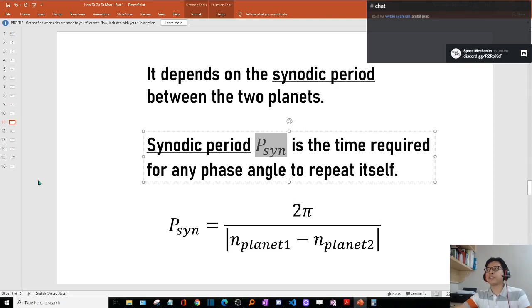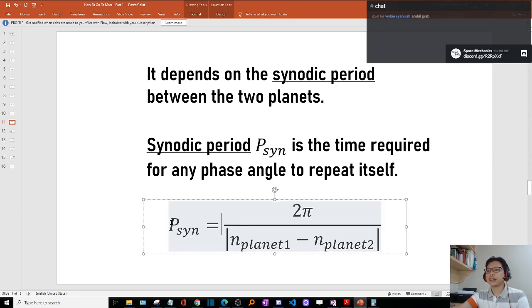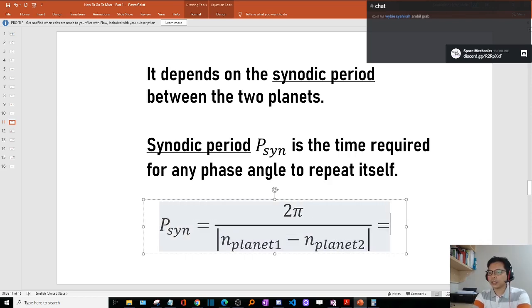For example, if the phase angle is phi 1, we need to launch at that, and then we miss that. So how long do I have to wait for phi 1, that phase angle difference, to happen again? So we can use this formula right here. Okay, I'll give you another formula here. If you don't like to use mean motion, you can use this formula too, equivalent to